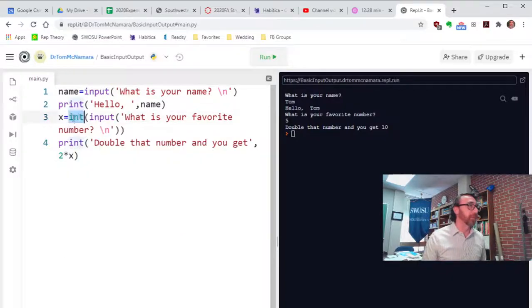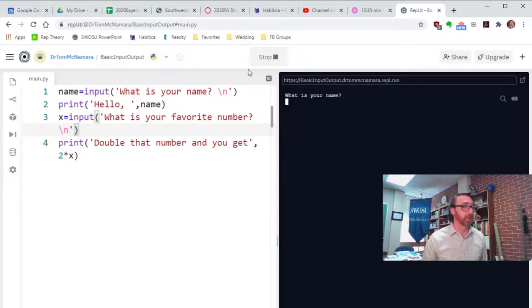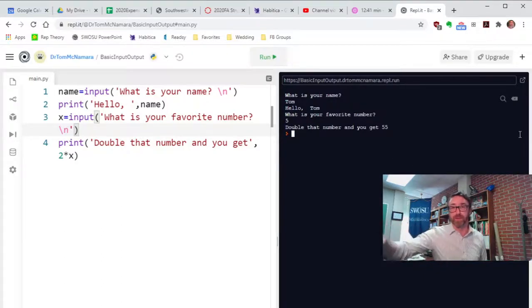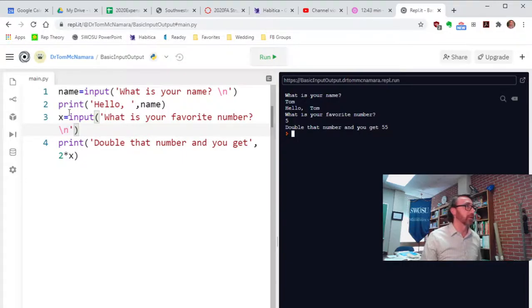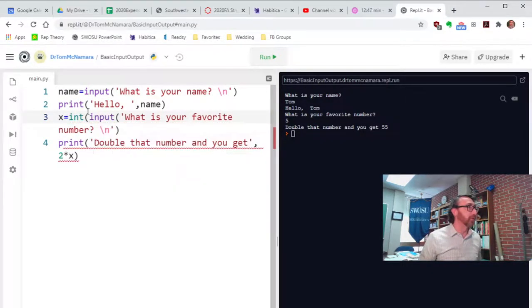We saw what happened if I didn't have this here, right? If I just put input, what's your favorite number? Okay, my name is Tom. My favorite number is 5. Notice it just doubles the string. It writes the string twice. Okay, so that's why we had the integer thing right there. Okay, so there are some better ways to format